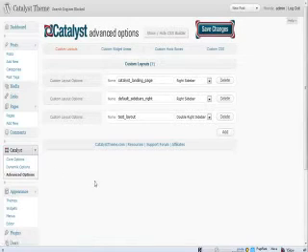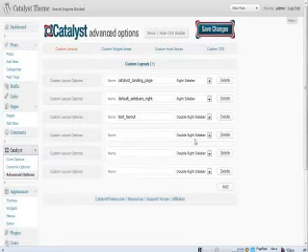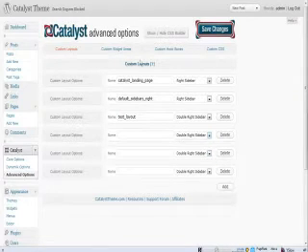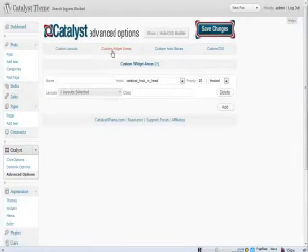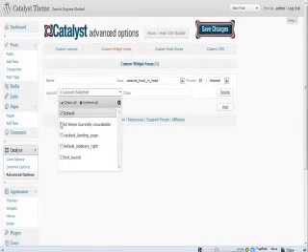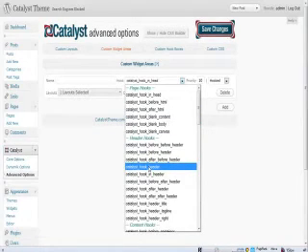With Catalyst, you have the ability to create an unlimited number of custom layouts. You give them a name, select the different sidebar structure that you want, and then you can actually go forward and create custom widget areas, custom hook boxes that allow you to then select your custom layouts. You can then select what hook location, or basically location on your page, that you want this custom widget area or hook box to display in.